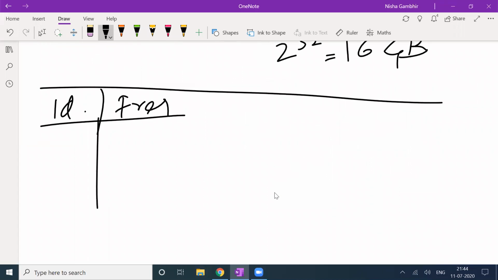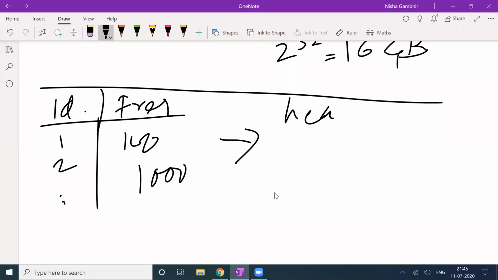Let's say video ID 1, 2, 3, and so on, and then I would have a frequency. Let's say this was played 100 times, this was played maybe 1,000 times, and so on. The problem here is, along with this hash table, I can maintain a heap as well, right? As and when somebody is requesting a video,